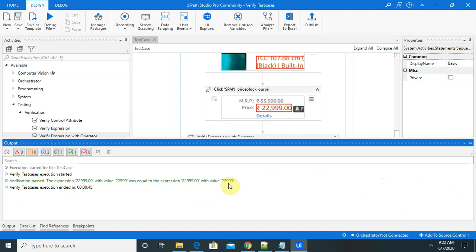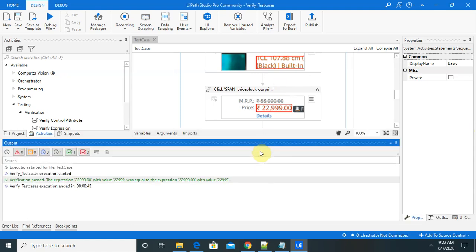So this is the actual value. Now let me show you the fail case with some text detail.